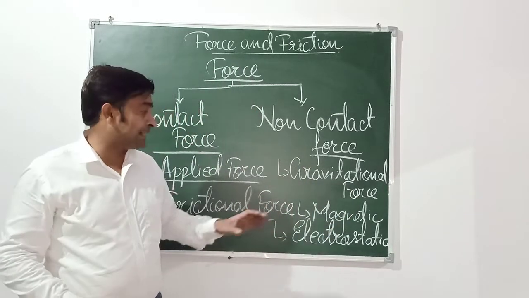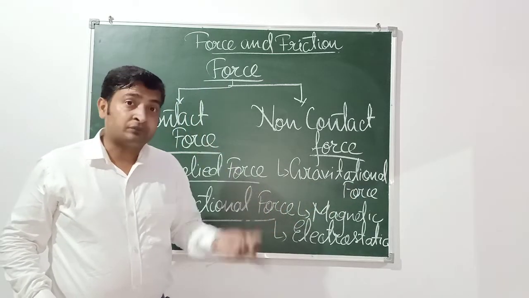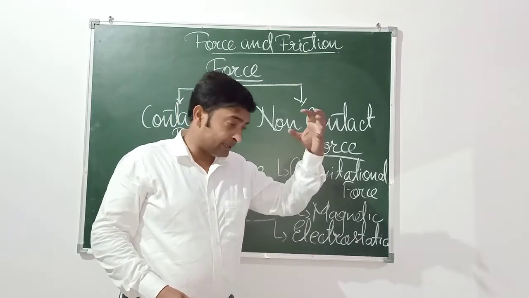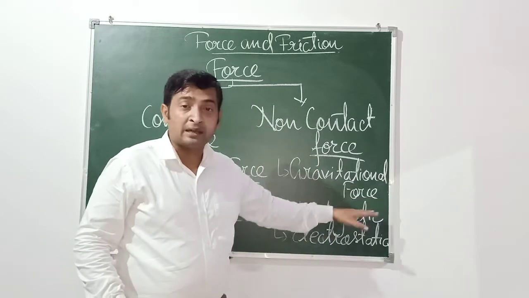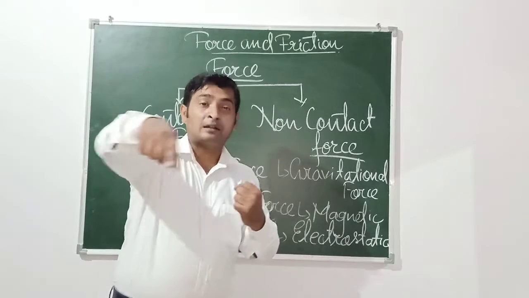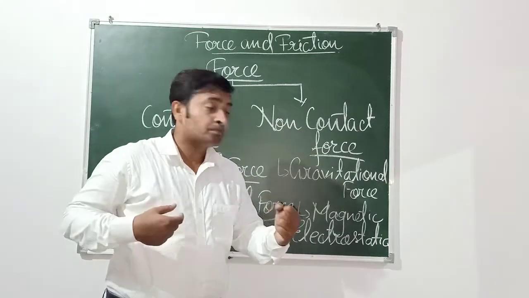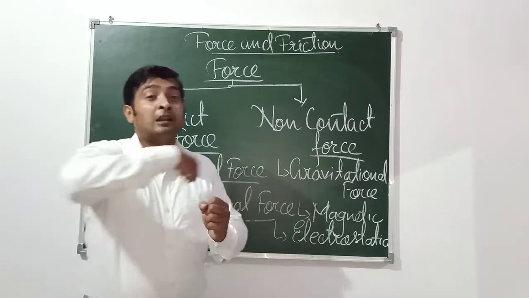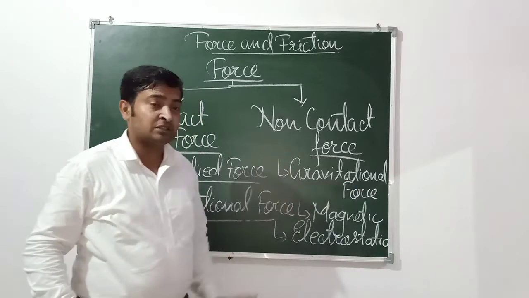Let me give you more examples. The example of gravitational force is what? The first one which I have given you, whenever you throw the things up, it always comes down. It is the gravitational pull of the earth. The gravitational pull of the earth and the sun together make the earth revolve all around the sun. The earth is revolving all around the sun because of the gravitational force. The moon is moving all around the earth. This is again caused due to gravitational force.